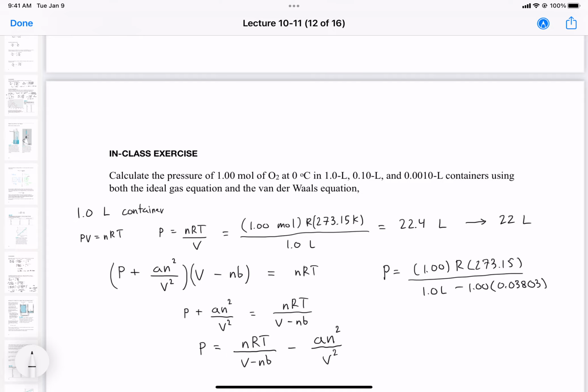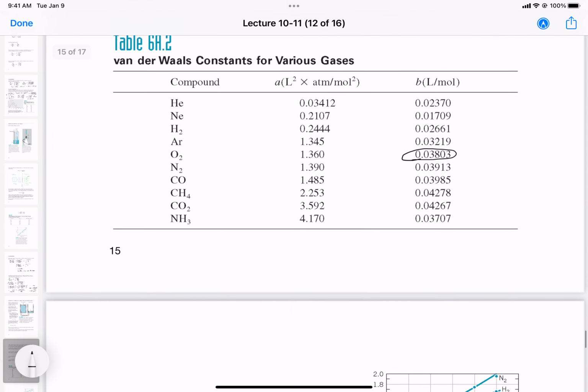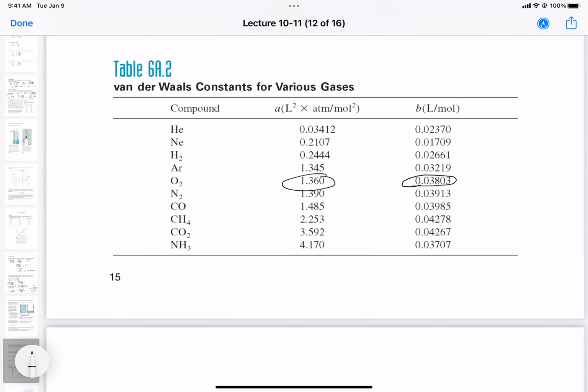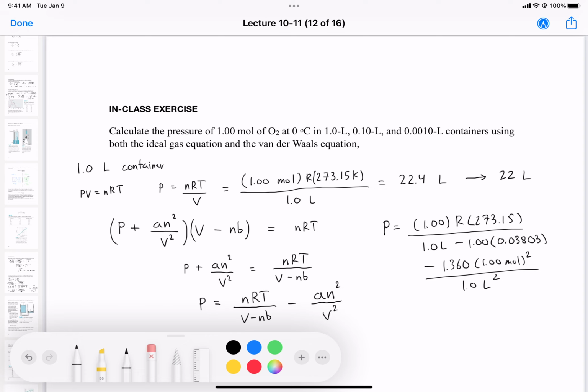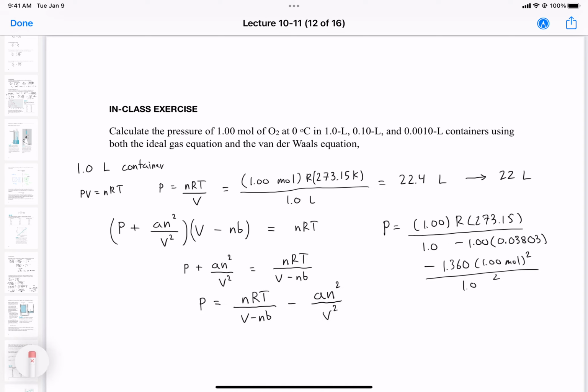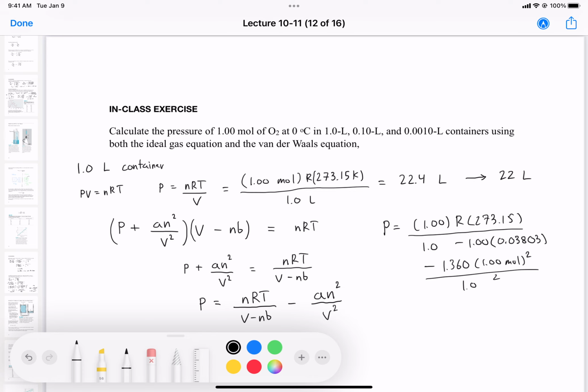And then we subtract the a value. So the a value here is going to be 1.360 times 1.00 mole squared over the volume squared, which is 1.0 liters squared. Okay, so maybe we don't have to put the units because we will just assume they all cancel. Okay, so if we do that,